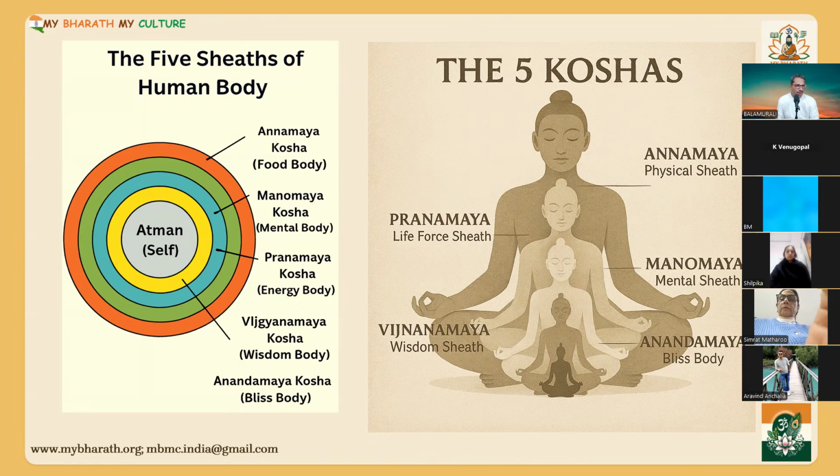So all these bodies are interconnected. If one body has a problem, it gets spread to the others. For example, if your Annamaya, the physical body, is not good, your mind also will not be good, right? Your breath will not be normal, the mind is not good, nothing happens. We should remember all five are interconnected. There is the gross body I will leave, and the subtle body I take.